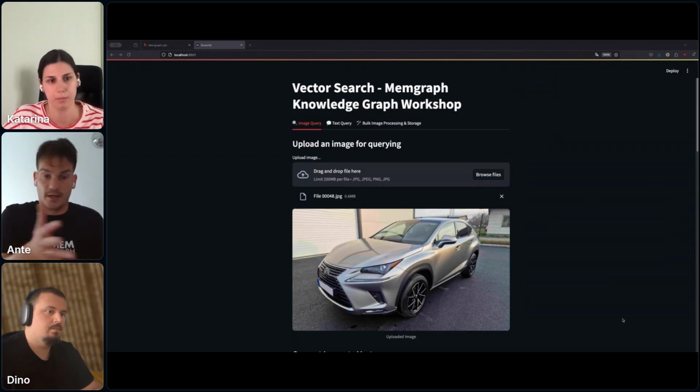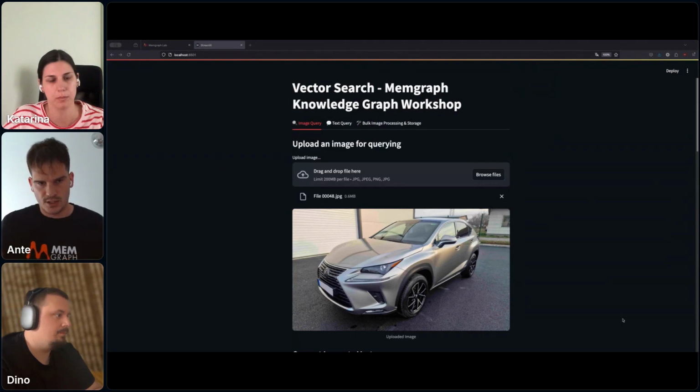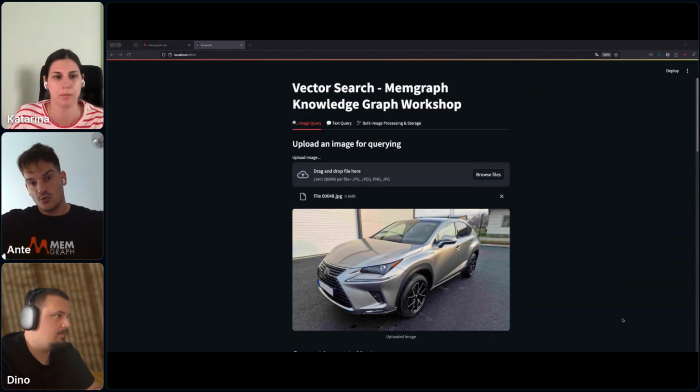But now answering the part about how this can be used with the graph. If you have a bunch of images that are just coming to you, and you're extracting some structure from those images, like Dina and I did with this car as a part of the POC, you can